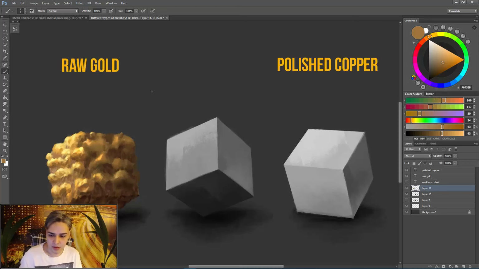All right, so a few more things that we've been observing on the reference sheet is that on the shadow side of the gold parts, actually, you can notice that there's a